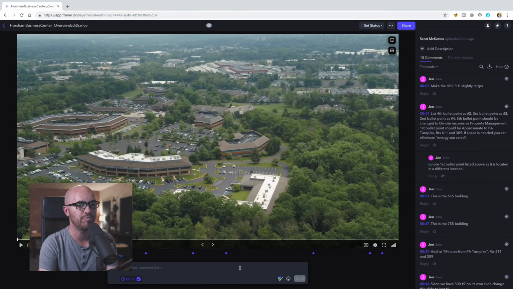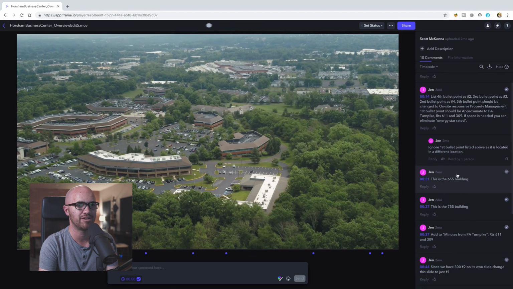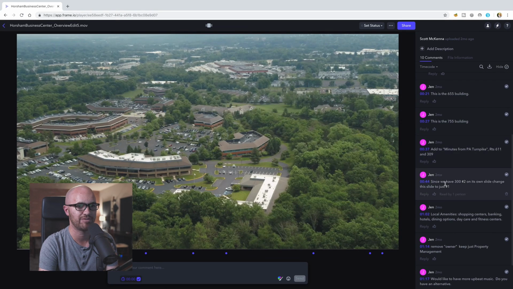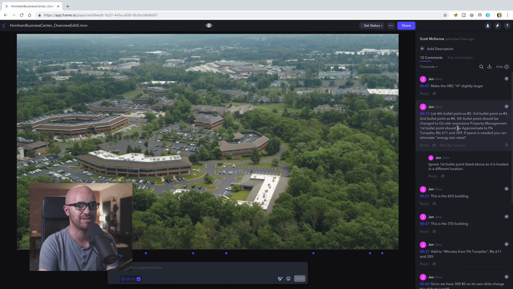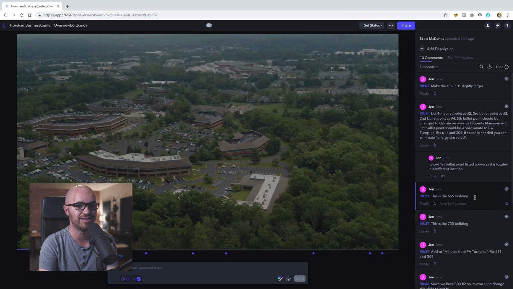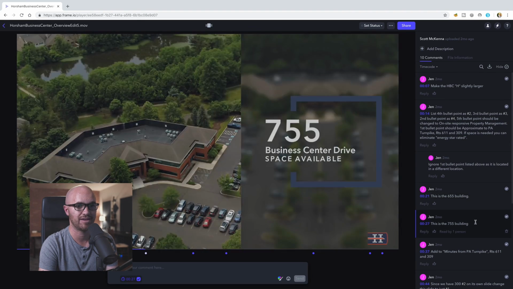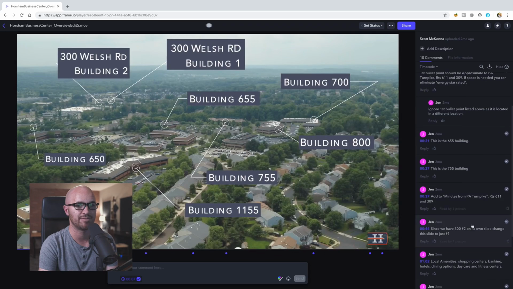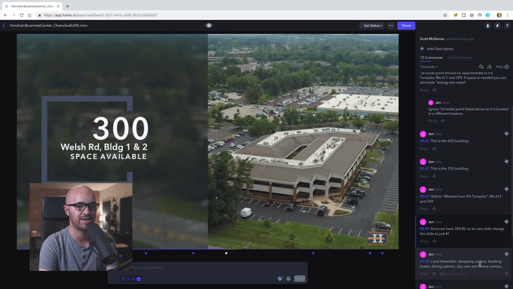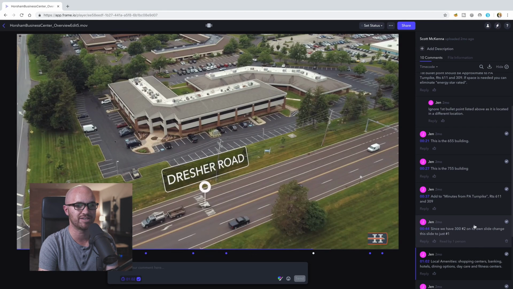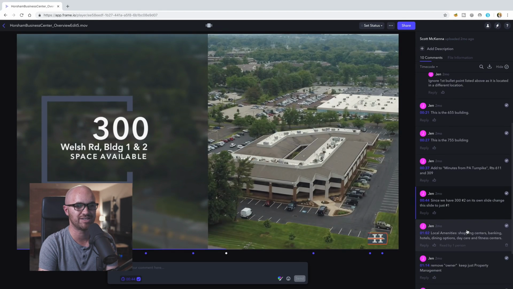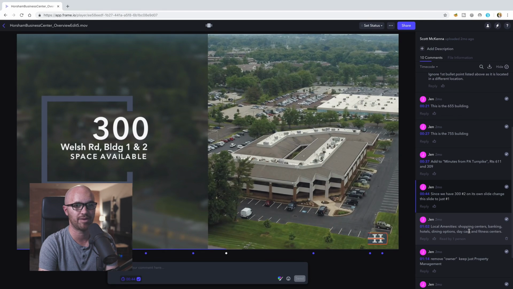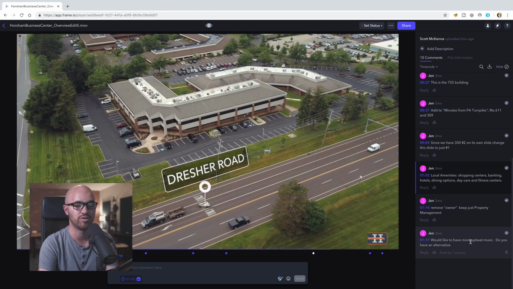And then what I can do is I can see all their comments here of what they've said about any specific part. Now, the great thing about it is, unlike an email where they might have to write the time code and then I have to go find it, in Frame.io, I simply click that exact part that they commented on. It takes me right to that exact same time code and allows me to see exactly what they're talking about directly in the video. This is really convenient because obviously sometimes people don't necessarily timestamp things correctly, so being able to actually see what they're talking about is really, really helpful.